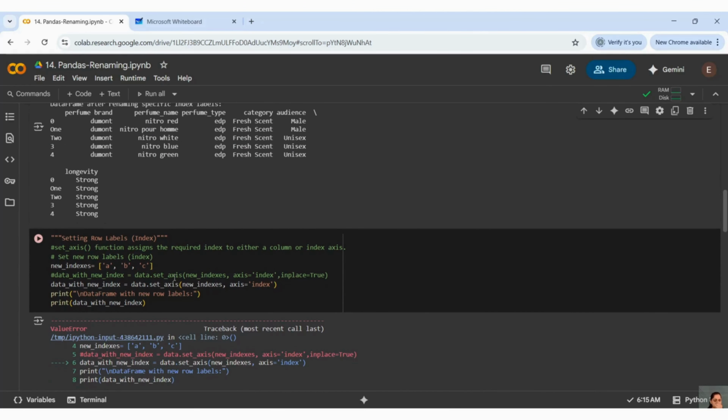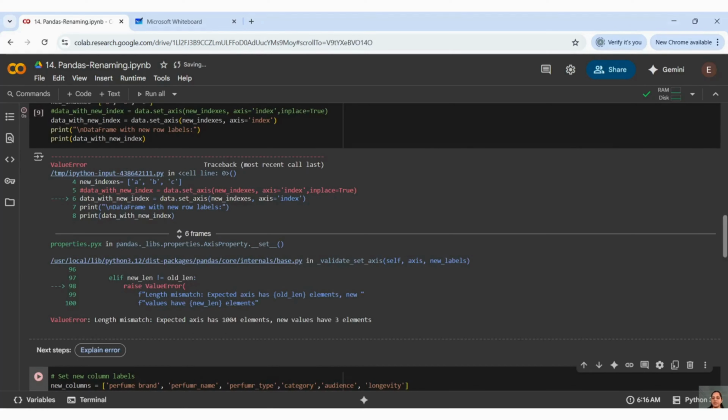And now you will see how to set all indexes at a time. It is again the same method. When we are performing indexes, we have to consider all indexes at a time because we are taking a list here. Now we are not saying that we have to change specific indexes. Here I have taken a list, but in this case it won't work because I have 1004 rows. If I have to rename 1004 rows, then I have to pass all 1004 names here to rename. It is not possible in my case. That's why it is giving me an error.